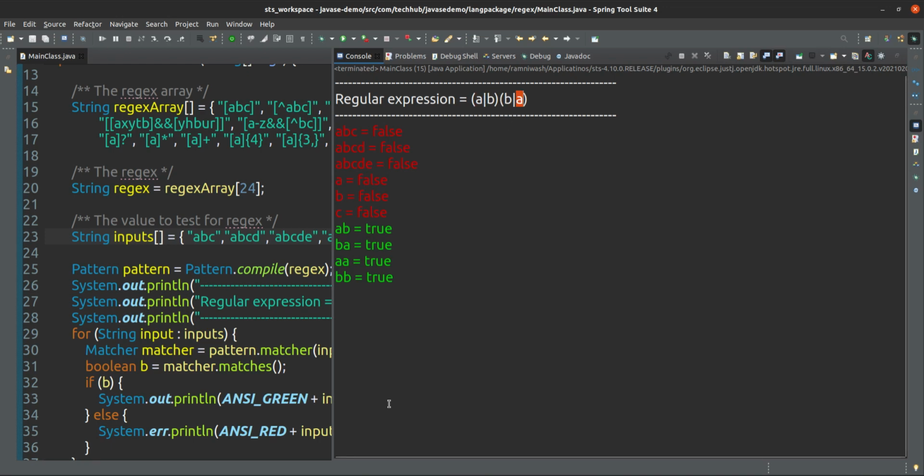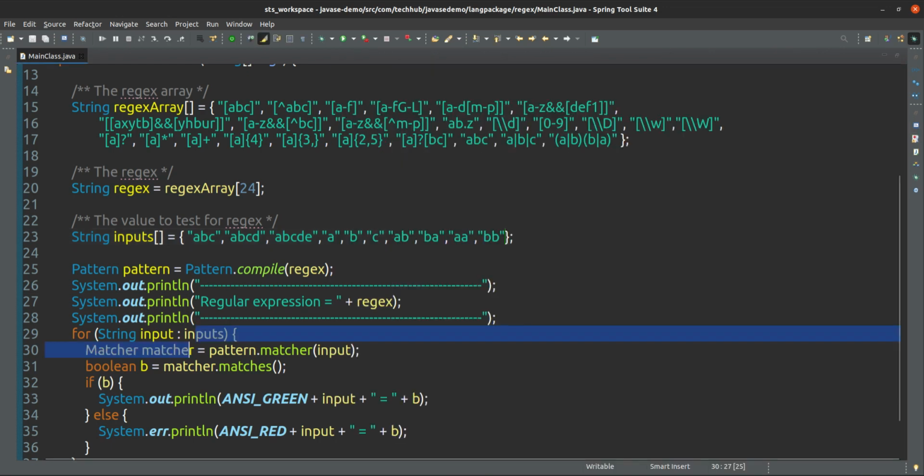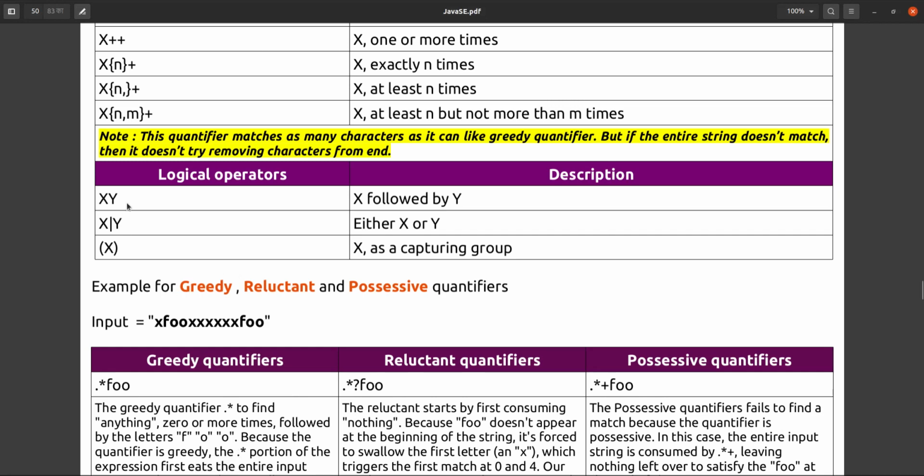That is up to our choice. So this one is grouping, X as a capturing group. Okay, examples of greedy, reluctant and possessive quantifiers we will see now.